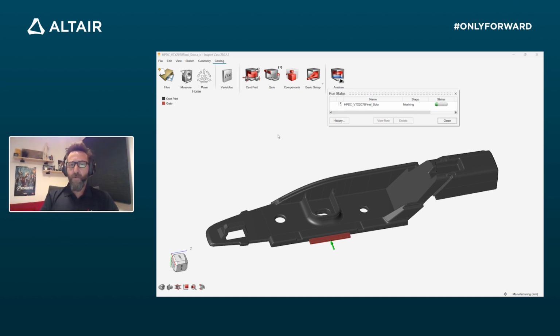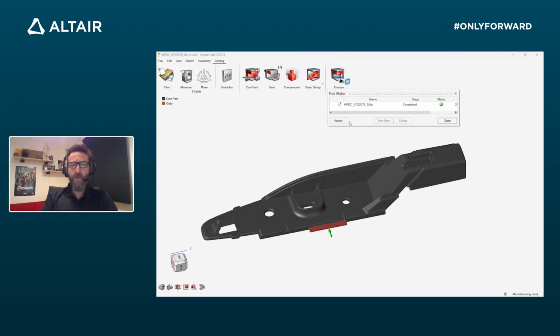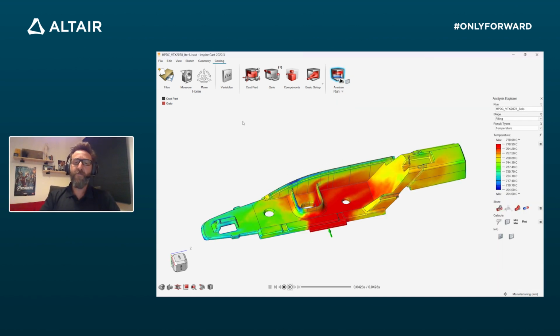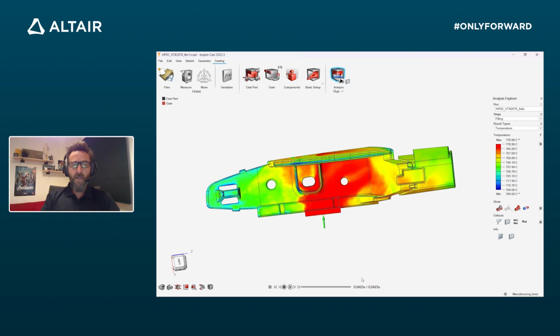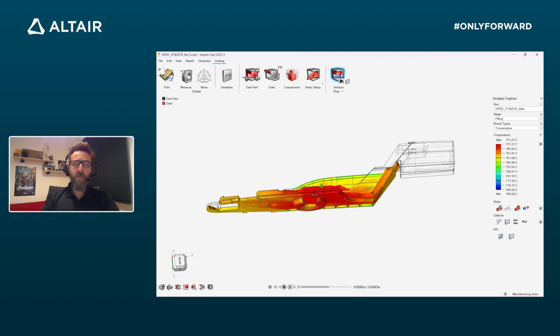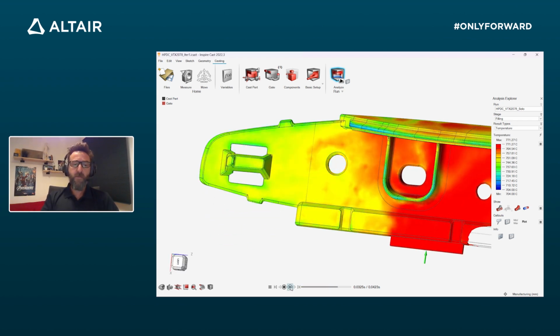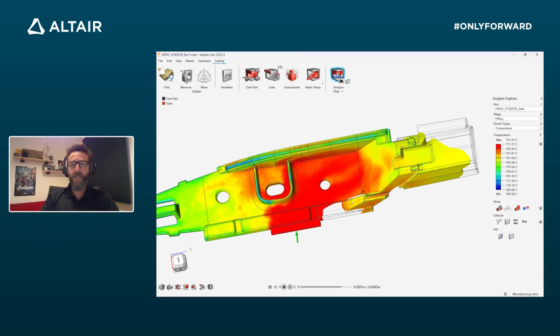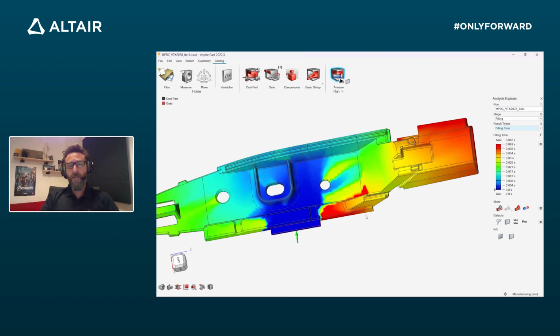I have this example already running on my computer, so let me load the results. This case may take 10 minutes to run the entire filling analysis. So let's analyze the initial results. As you can see, we can visualize the filling evolution of the material combined with the temperature, and we can start understanding some issues such as